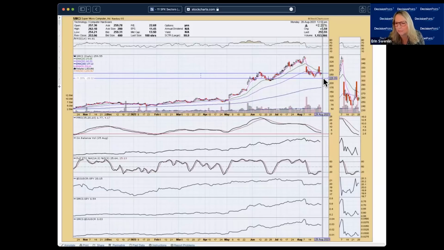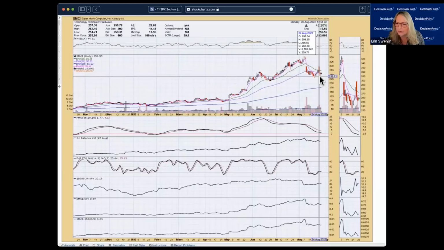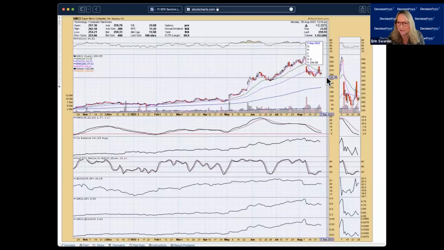So another one that's really volatile, guys. I'd be very careful with these when I can't set the stop easily. I mean, the stop level I would want would be in the trading range of the day before. I don't like that setup myself. So I'm not a real fan of this chart.